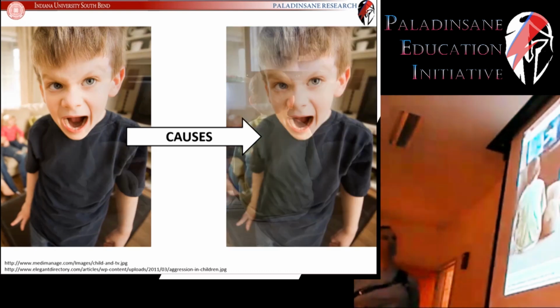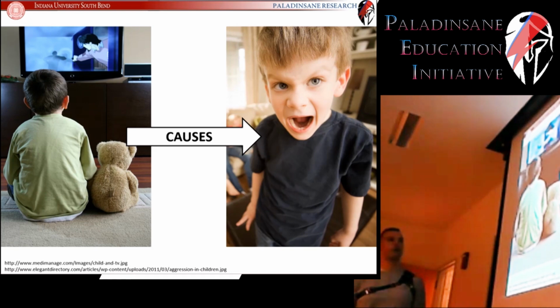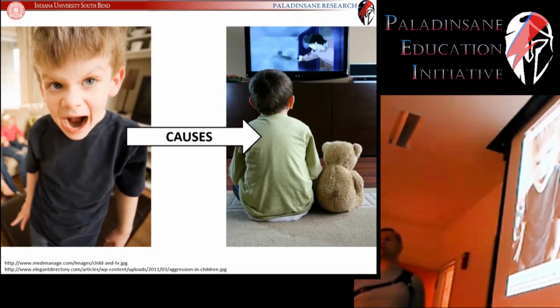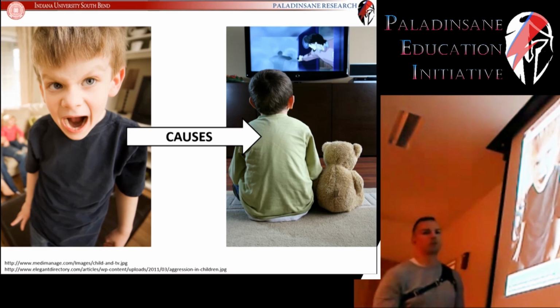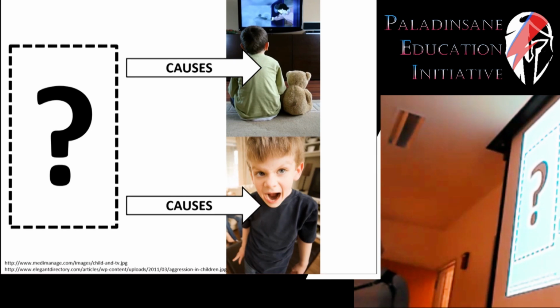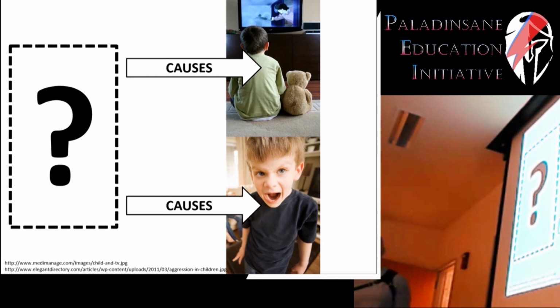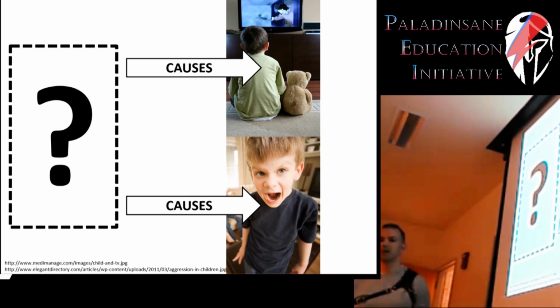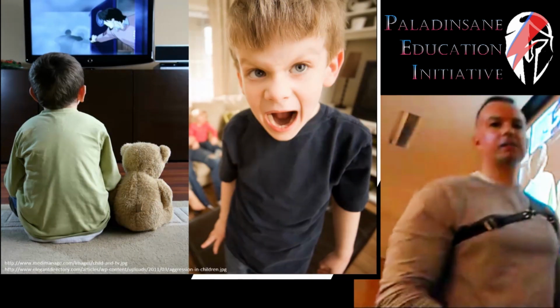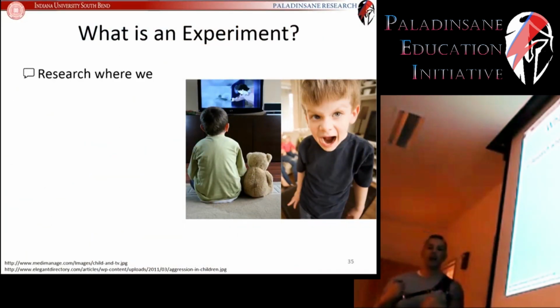So on one hand, you have a treatment for violent behavior. On the other hand, you have a complete waste of time and an ineffective treatment program. And same with this. If it's a third variable, then changing the amount of violent TV programs that a child watches will do nothing to change their violent behavior. So next time we're going to take a look at how to do this. We're going to take a look at what an experiment is at its core.